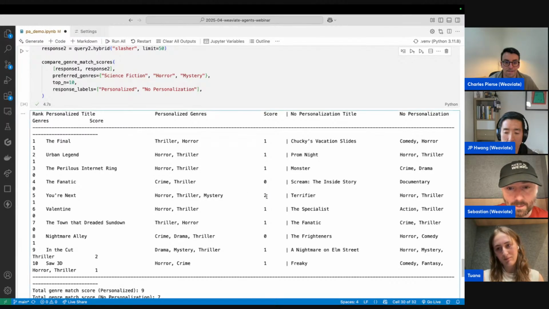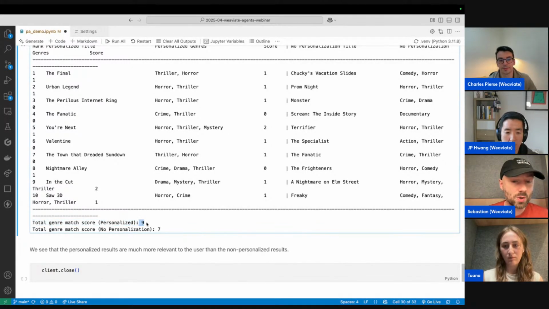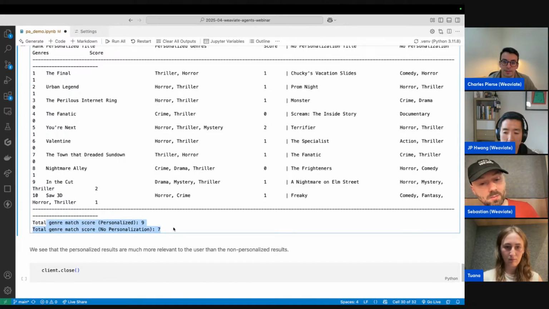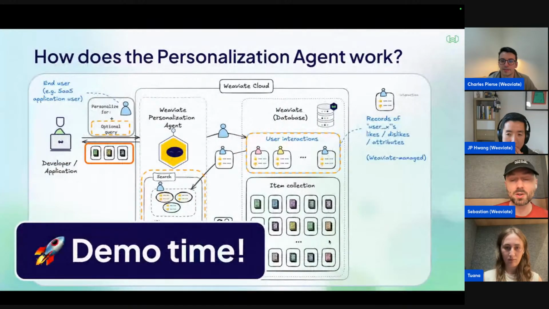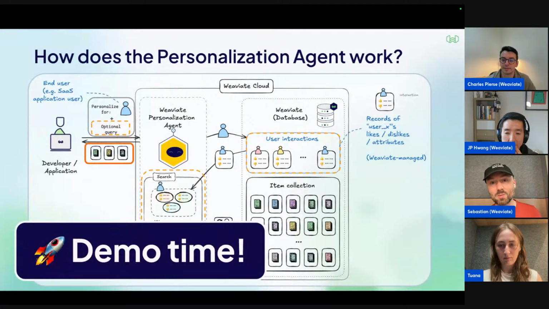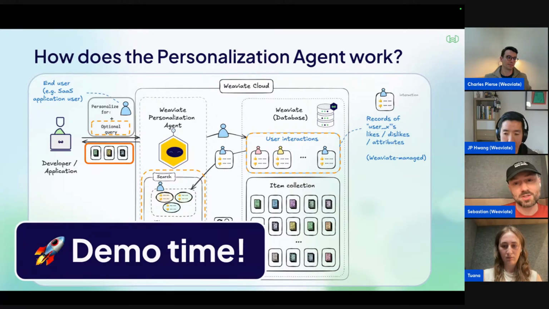And we even see how many times we match the preferred genres that we're after. It's actually super cool. We can see that with the personalized search, in general, we're matching on genres like 9 times, which is way better than without the personalization, because in that case you could literally get anything out of it. Yeah, and that's what I wanted to show you about the personalization agent. It's a lot like the things we did with query agents as well, but on steroids, with a lot more information about what we know about the users.